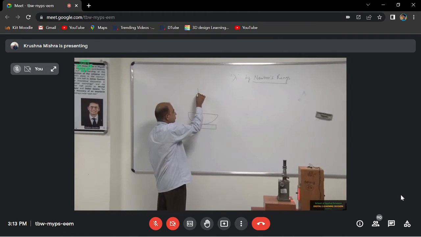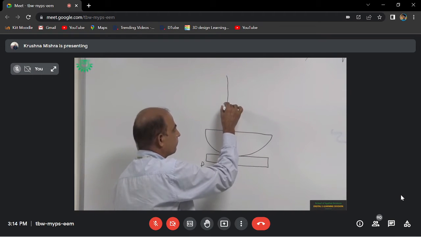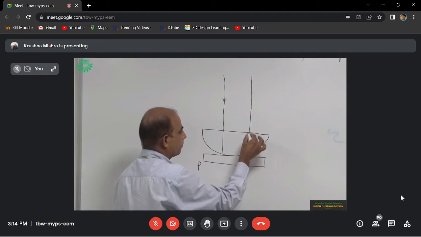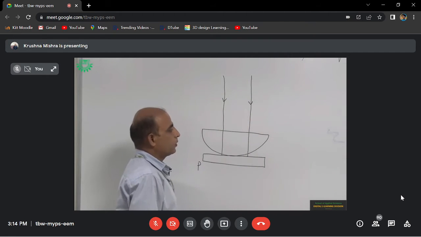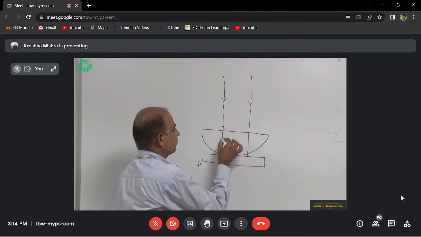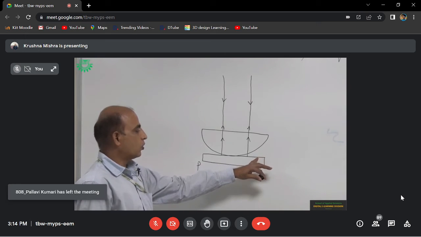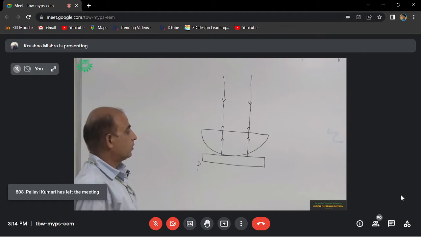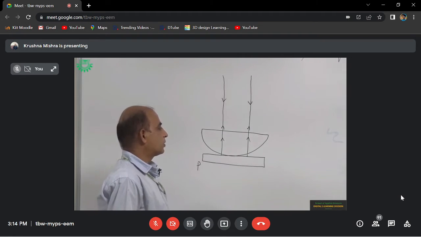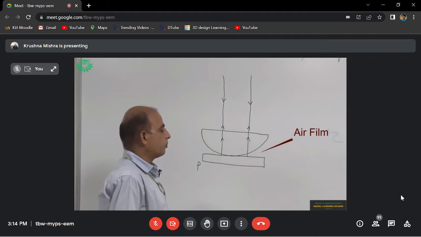When parallel beams of light coming vertically, normally, it gets reflected back on the air film or on the glass plate, so that there is a superposition of waves and interference takes place in the air film in between plano-convex lens